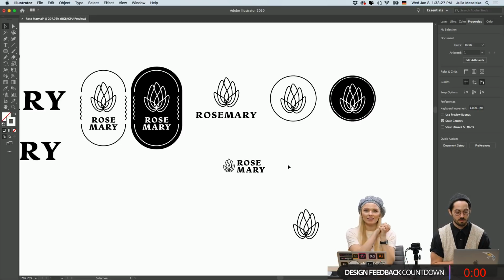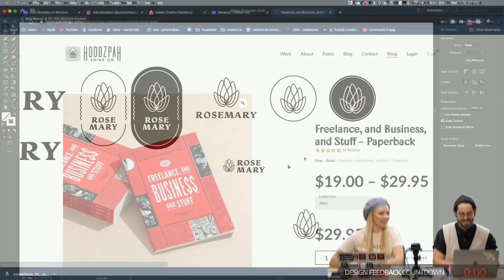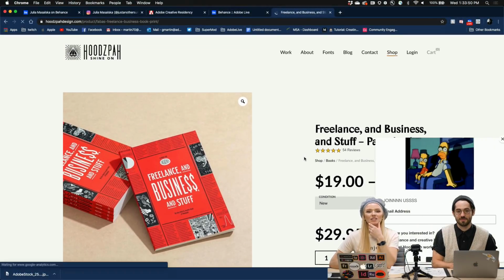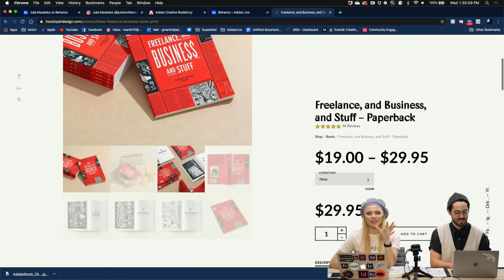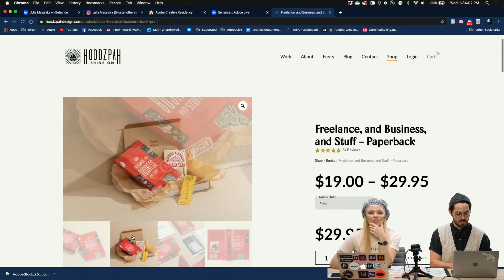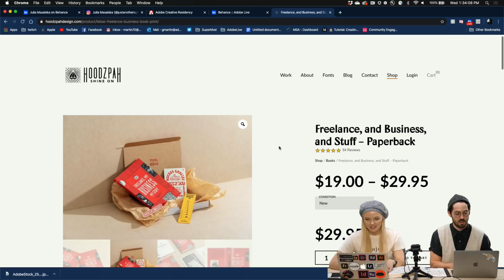Yeah, that's why many designers are working for an employer, because they just don't know how to promote their business. But Chutzpah Design has a great book on design business and freelance and things. I can pull that up. I recently got that. It's pretty cool. They've been here on the stream as well, Chutzpah Design, the two sisters. Yeah, exactly. This one is really good, and there are a bunch of insights into how to start freelancing. And when you get the packages, you get a bunch of cool stuff with it. So yeah, I recommend it. It's really neat, and they are good friends of ours, so feel free to check that out.